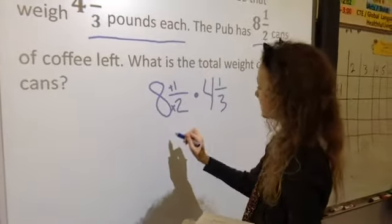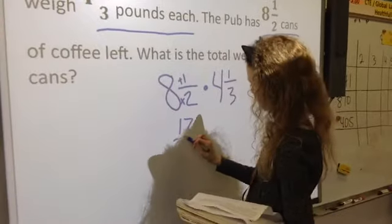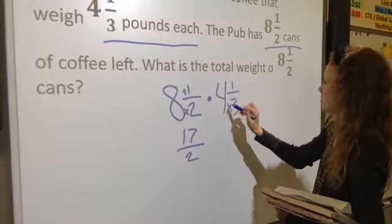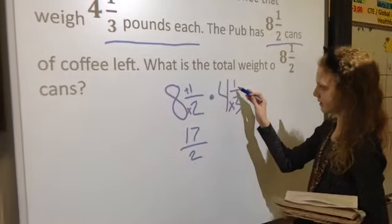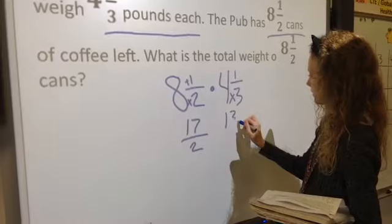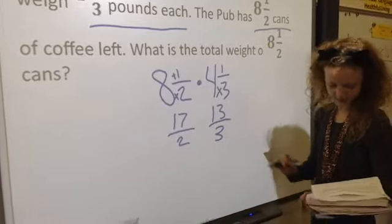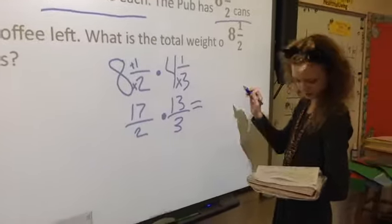So 2 times 8 is 16, plus 1 is 17, and that would be over 2. Then you make this one into an improper fraction by doing 4 times 3 is 12, plus 1 is 13. So then you put 13 over 3. And you would do it over 3 because of that one too. So then, if you multiply that, you can do...